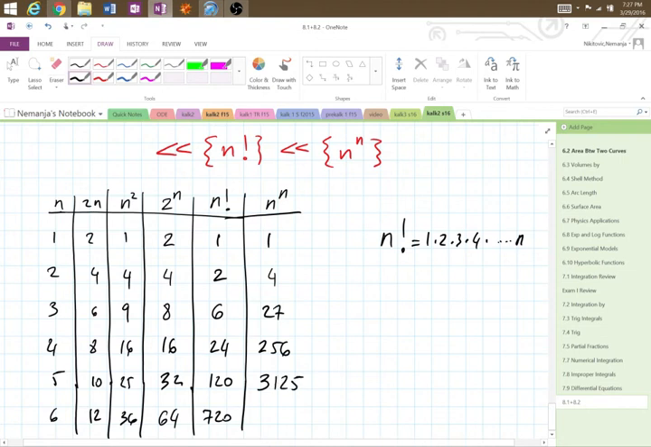3,125, right? And then 6 to the 6 is really exploding, right? Because 6 to the 6 is going to be 36 cubed. Right? 36 cubed is 46,656. You see how fast that one grows, right? So now when you see this growth rate of functions,